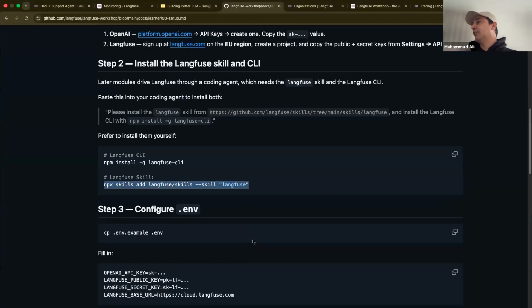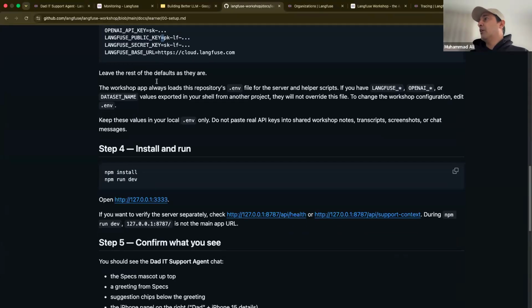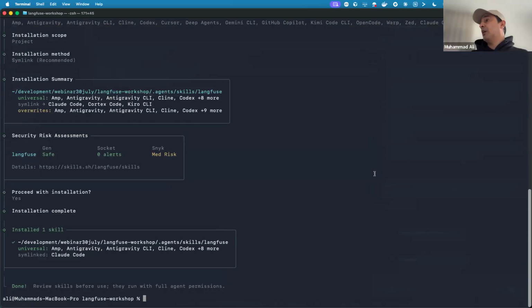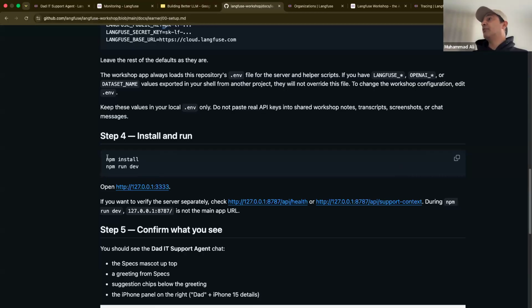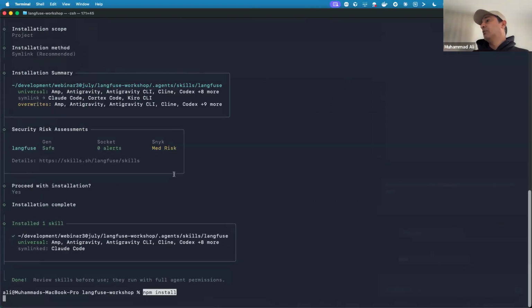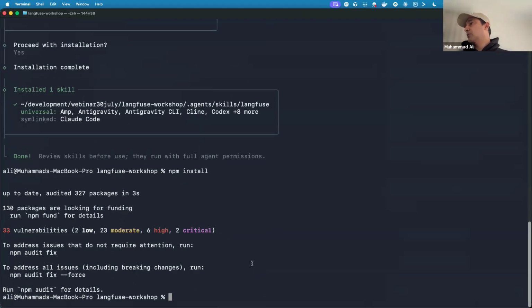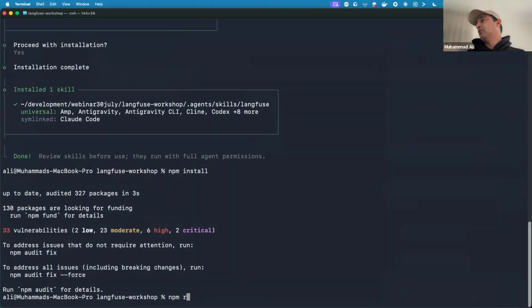All right, so now we are here. We have copied the env file. We got all the project keys in. I'm going to start running the app. So how do I run the app? I will run these commands. In the setup.md, we do have these two commands: npm install, and I'm going to increase the size, npm install and npm run dev.